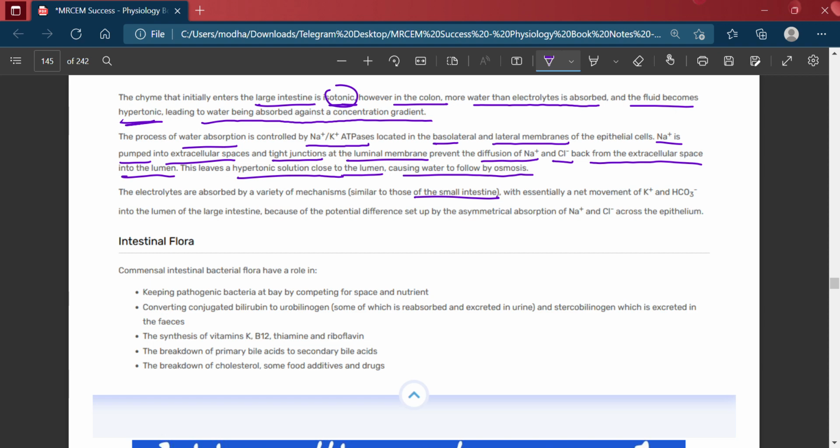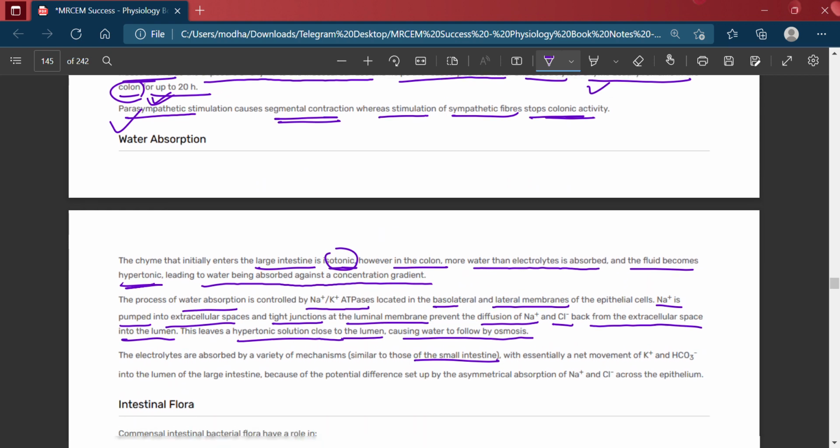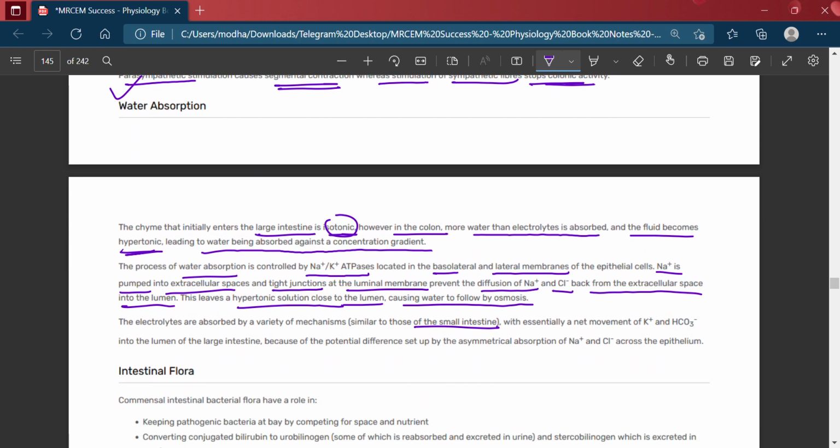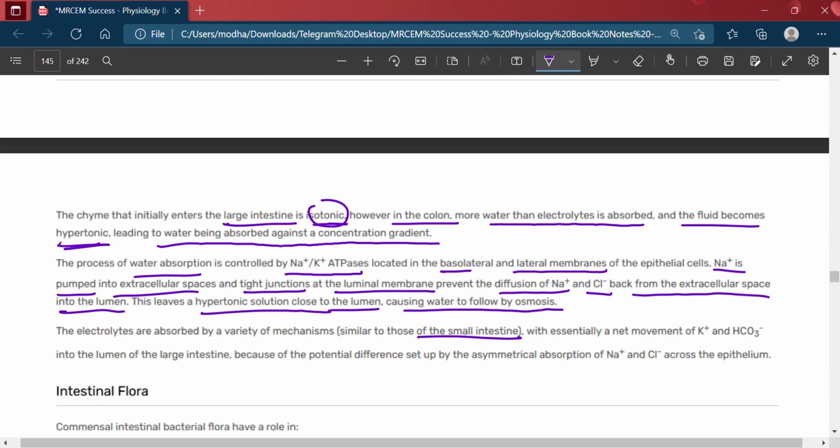As we have seen earlier in water absorption, the fluid that initially enters the large intestine is isotonic. However, in the colon, more water than electrolyte is absorbed, and the fluid becomes hypertonic, leading to water being absorbed against the concentration gradient. The process of water absorption is controlled by the sodium potassium ATPase,